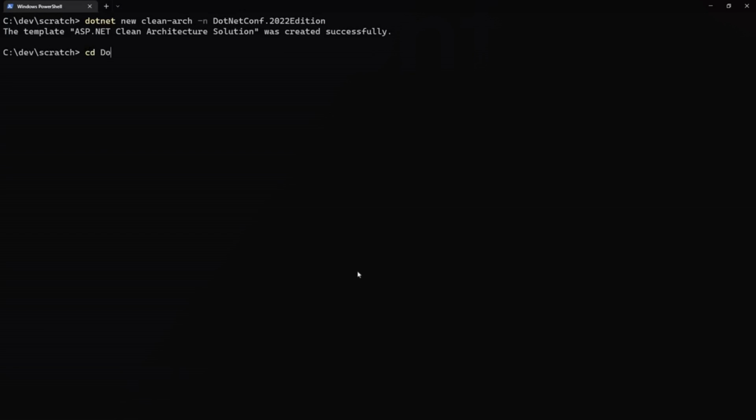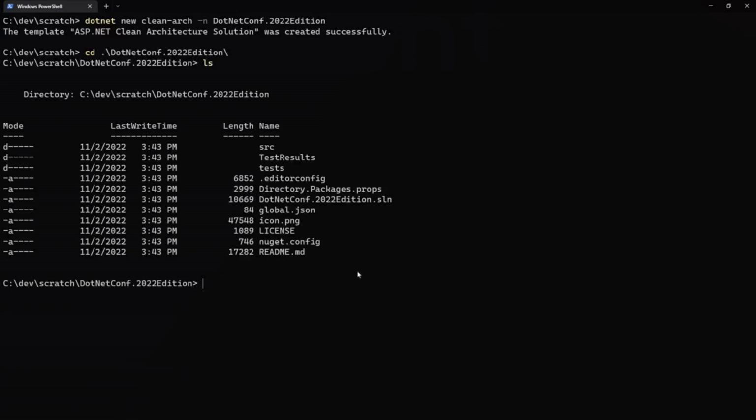So then we'll cd into .NET Conf 2022 edition, and we can just take a look at what that created for us. Now, when you create things with this template, the nice thing about it compared to just downloading the zip file from GitHub is that it renames everything for you. So the fact that I named it .NET Conf 2022 edition means that that's what all my namespaces and folders and things will be. So you don't have to do that tedious work of renaming that stuff.